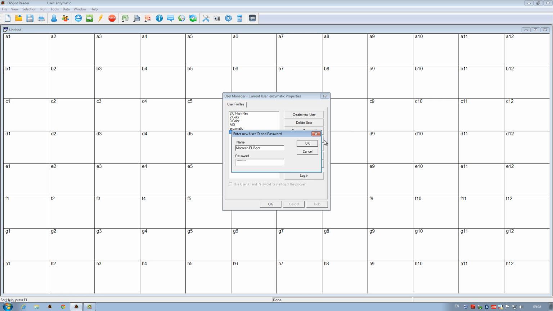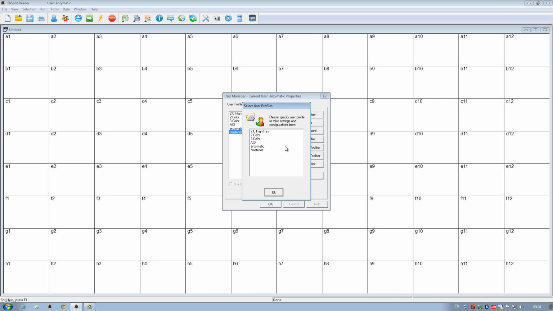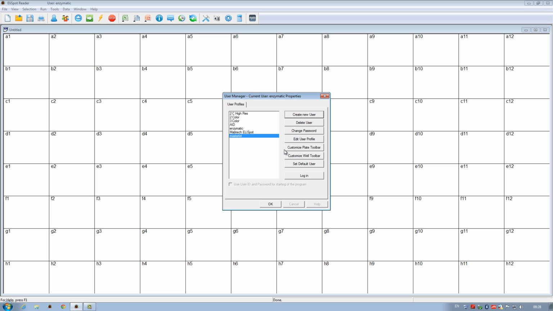The software then asks us which existing user to copy the base settings from. For our new user named Mabtech ELISpot, only ELISpot plates will be read, and it is therefore suitable to base this profile off settings and configurations that are found within the pre-installed Symantec profile put in by AID. Let's go ahead and do that.